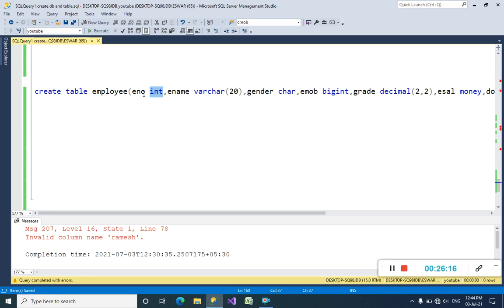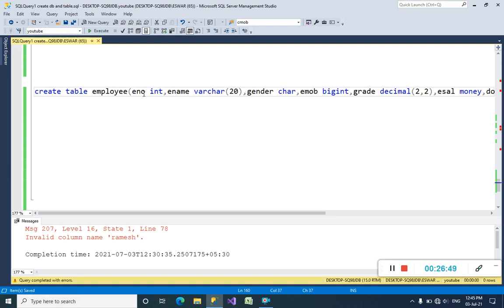Okay guys, that's why I told you about data types before creating a table. I will show you everything when you see the result of this table, you will get to know easily.